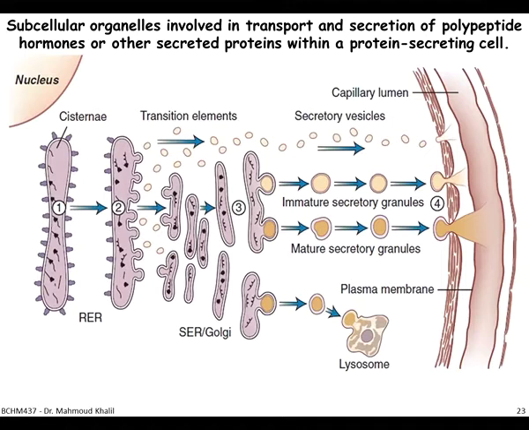So in this slide, we understood how the protein, once it's translated, is modified, packaged and sorted inside the Golgi and the smooth endoplasmic reticulum region, and then the immature secretory granules can be transformed into mature secretory granules and can be released. You need to understand that some of the granules can be secreted straight away in the immature state, because it needs some further steps to be accomplished either in the bloodstream or in the target organ.